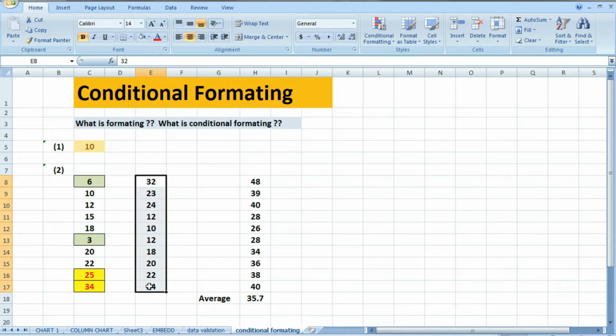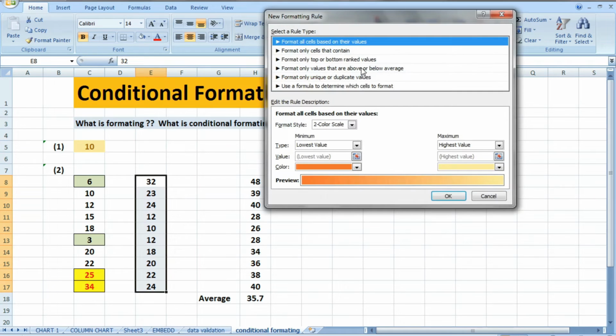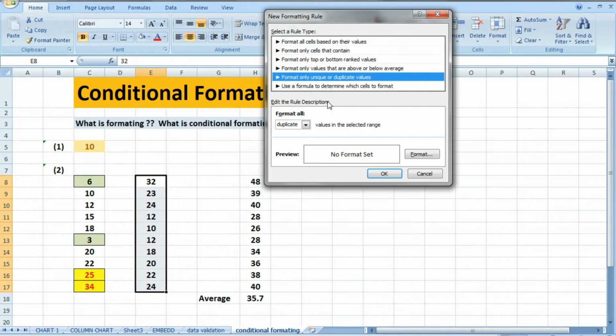In this data, suppose we apply new rules. Here you want to apply the unique and duplicate values. Now the duplicate values you want to format.